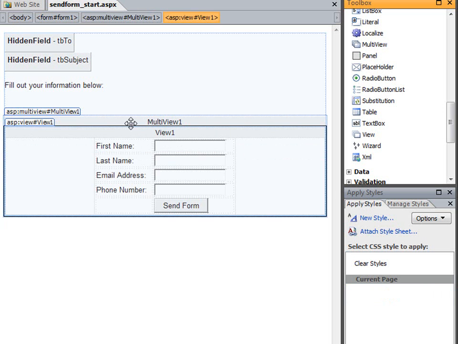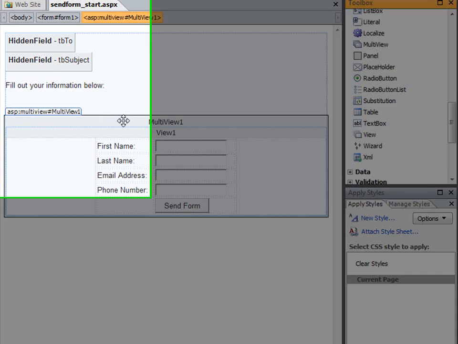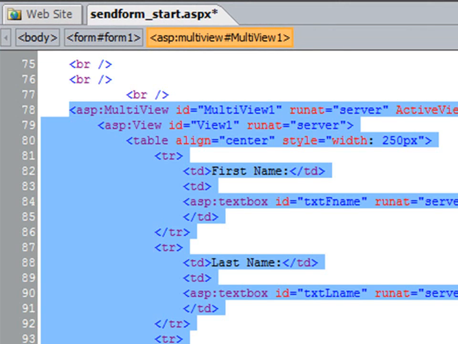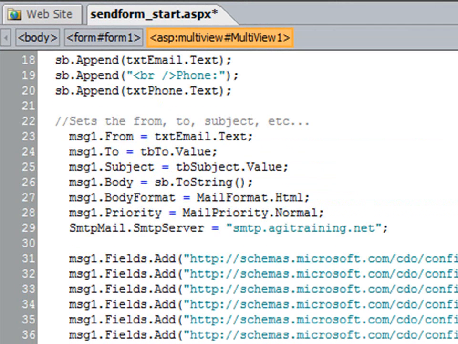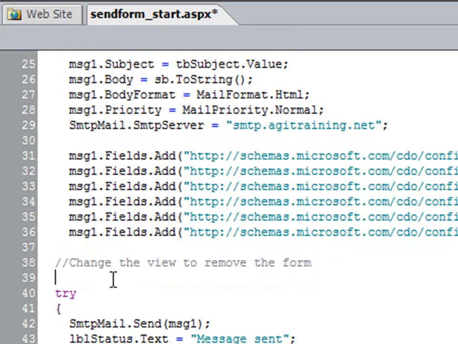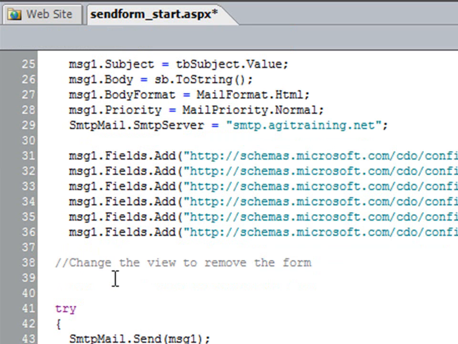To make sure that your form shows up by default, click on and select the multi-view control right above, and on the left-hand side under Tag Properties, where it reads Active View Index, change the -1 to 0. Now all that's left to do is we need to add one line of code to make sure that this view disappears once the form's been successfully submitted. Switch to your code view, and scroll up to the script block, and right above the try-catch statement, locate the comment that reads "change the view to remove the form." Directly underneath this comment, type the following: multiview1.ActiveViewIndex